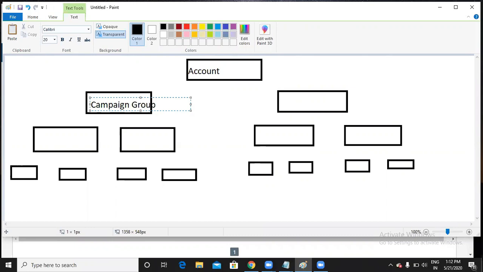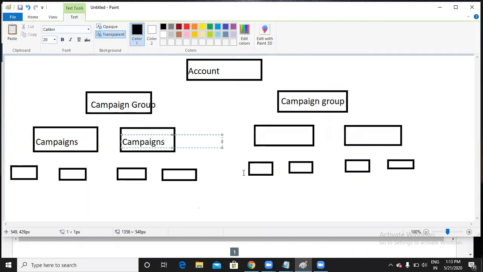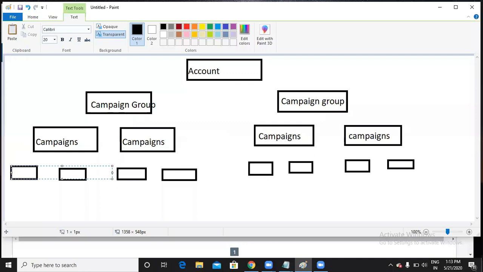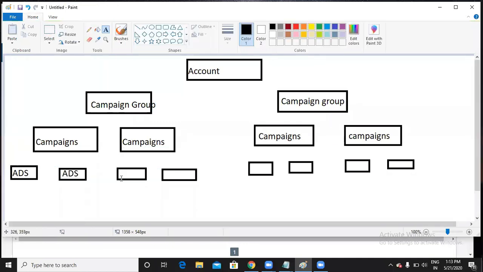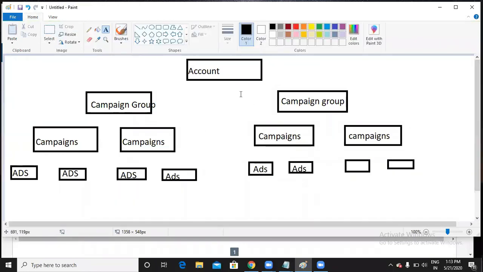The next level will be campaign group. Then under campaign group, we can create campaigns. Next, under campaigns, we can create ads. So for each and every account we can have campaign groups, and for each and every campaign group we can have campaigns and ads.